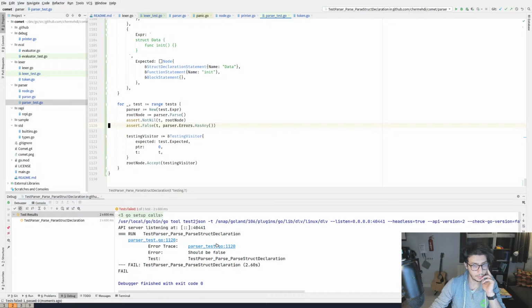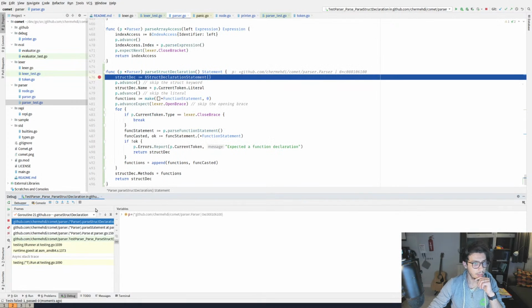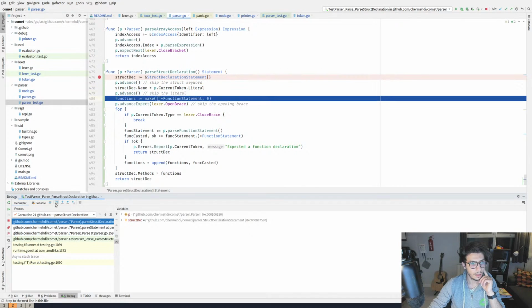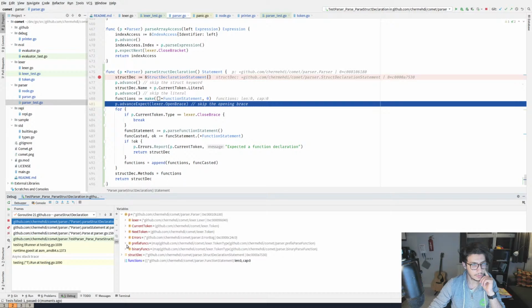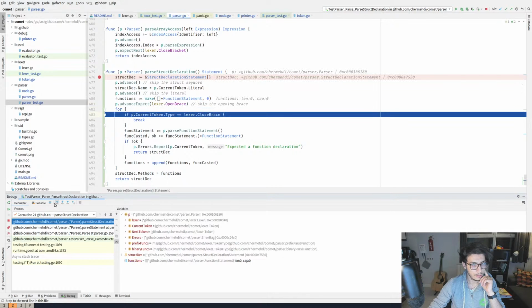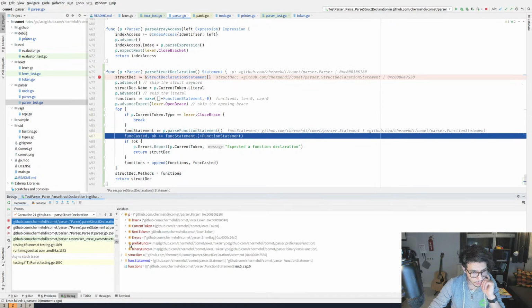So we have errors. Cool. Let's see what the errors are. So does the parser have errors now? I don't think so. If it's a closing brace, no. After this, we have no errors.